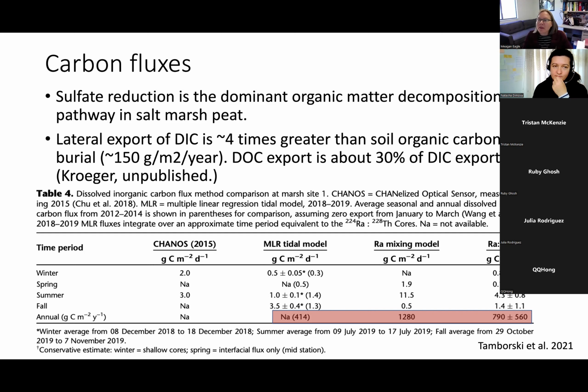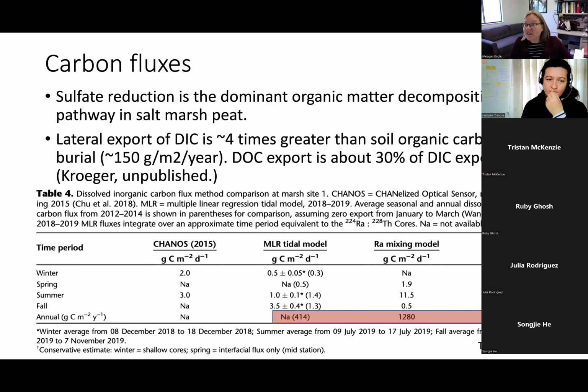And then seasonal variability. So, we designed these samplings to really get at pore water seasonal variability, because we see a huge amount of seasonal variability in the export in the summer, but we're just not seeing seasonal variability in the pore water. And so trying to explain that has been a bit of a mystery, and I'm still not there. I don't understand how we can maintain such high concentrations in the pore water without a coincident flux, because all the work that we've done suggests that water is fluxing through the marsh, except